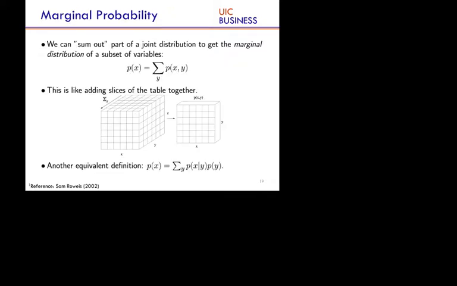So the second interesting quantity is what is called marginal probability. It's basically if you have a probability function defined over two random variables, and you want to get the probability of one random variable, then you sum or integrate over all the values of the other random variables, right? So probability of y, let's say, is just the sum over all values that x can take. Let's say x is a binary random variable. Let's say it takes a value 0 or 1. Then it's just the probability of x is equal to x, and